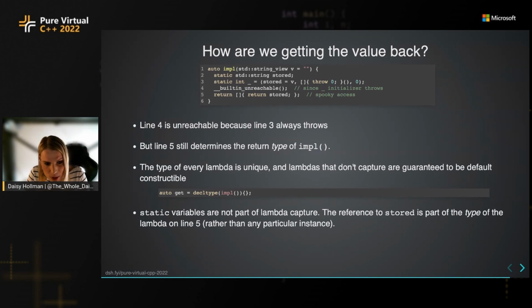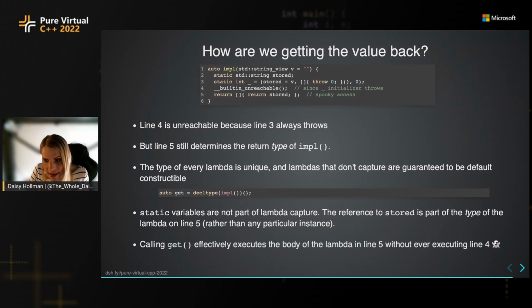So just by reconstructing another instance of the type, we are able to get access to stored without ever running line 5. And then if we just call that lambda, we get back the static variable spookily,